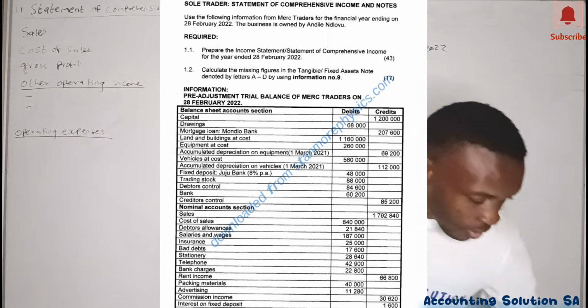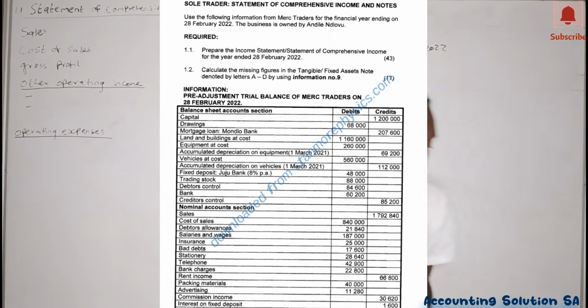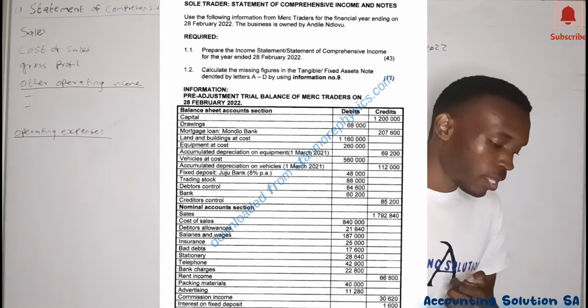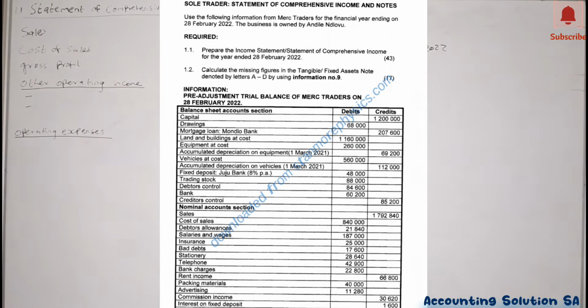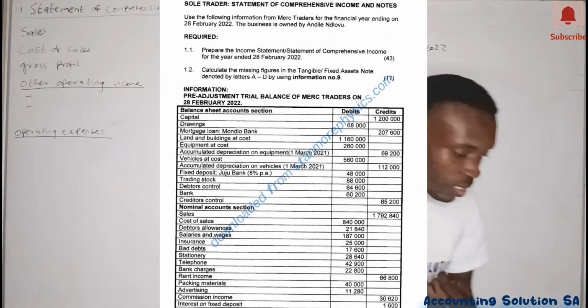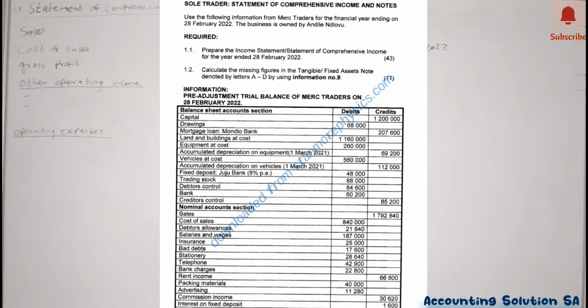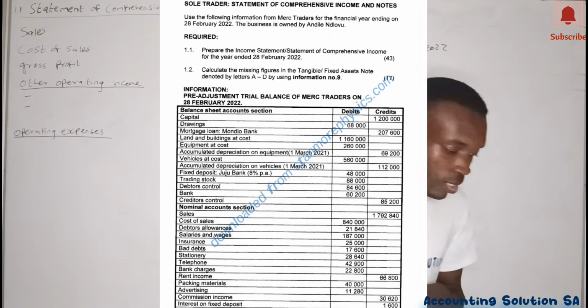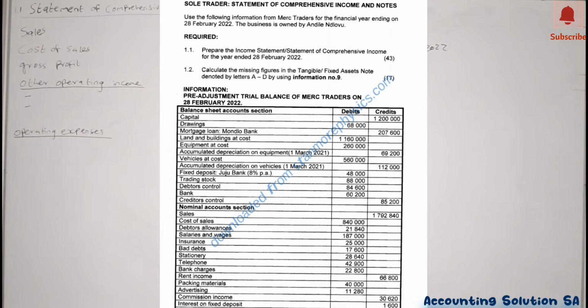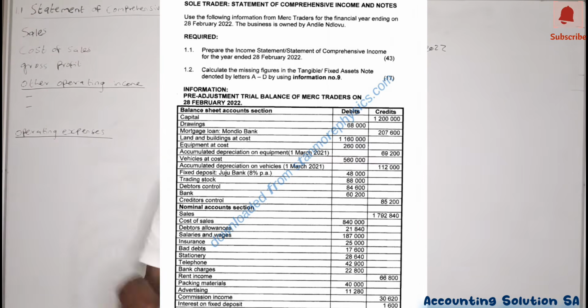All right, let's take our nominal account section. Number one, we have sales. Number two, we have cost of sales. Number three, we have debtors allowance. Number four, we have salaries and wages. Number five, insurance, bad debts, stationery, telephone, bank charges, until interest on fixed deposit. Okay, so that's the major balances that we are going to use to prepare our statement of comprehensive income or